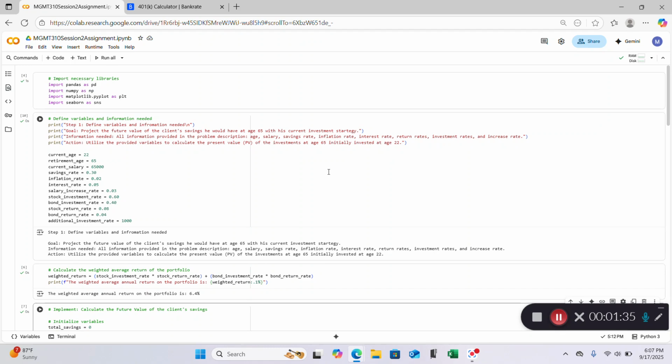Information needed to complete this analysis would be all the info provided in the problem statement that I just read off: age, salary, savings rate, inflation rate, interest rate, return rates, your investment rates, and your increase rate. The action would be to utilize the provided variables to calculate the present value of investments at the age of 65, initially invested at the age of 22. As you can see here, I have all of what I just said with the variables and different factors listed